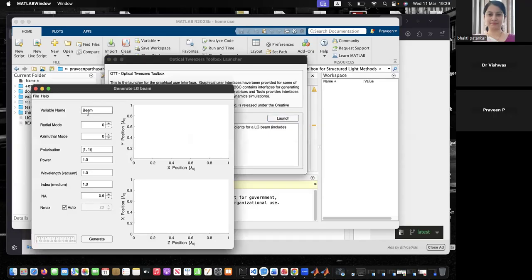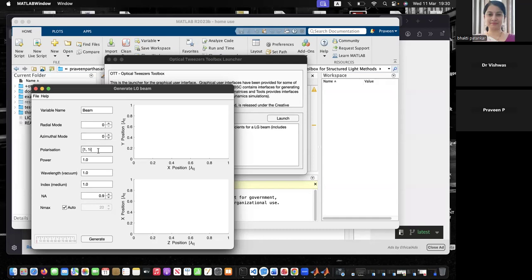You get this window, Generate LG beam. LG is Laguerre-Gaussian beam. The Laguerre-Gaussian beam is the most general beam. This is first-year electrodynamics, Griffiths. We have various beams, and they can all be written down as different kinds of LG beams. What we are using is a Gaussian beam. A Gaussian beam is LG00: radial mode is 0, azimuthal mode is 0. That is why, as you can see, I've set radial mode to be 0 and azimuthal mode